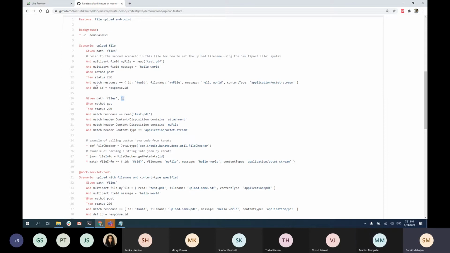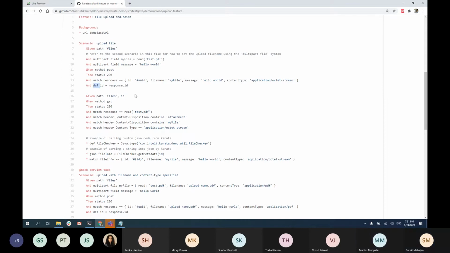Okay. So instead of using def, you will use set. Oh, set. Okay. So you're setting that value of ID to some value, right? It can be, let's say, bearer plus response.id, right? Oh, gotcha. Okay. So sometimes when you get the access token, it doesn't come with bearer, right? So you can append that bearer to the ID value, right? And then it becomes your whole ID that you can use in the next request.